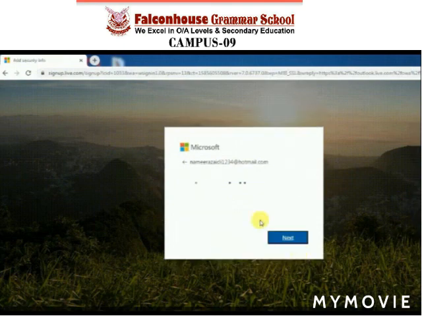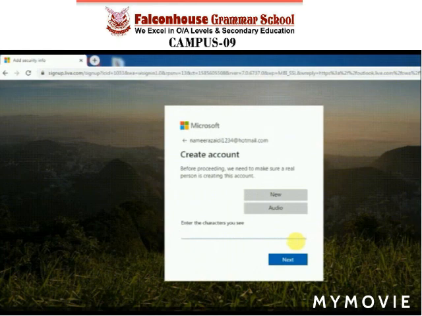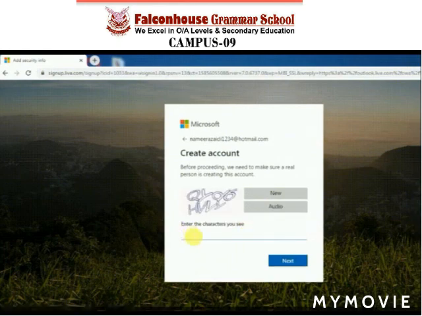After this, the website displays a series of random letters and numbers. You should type the same series in the box below it. This enables the website to detect fake email accounts. And then press next. This takes some time.